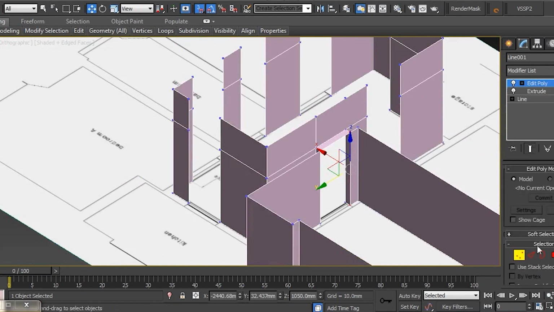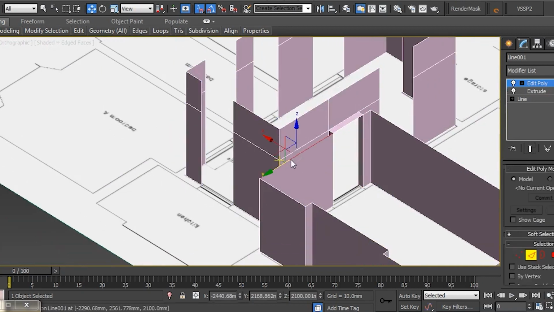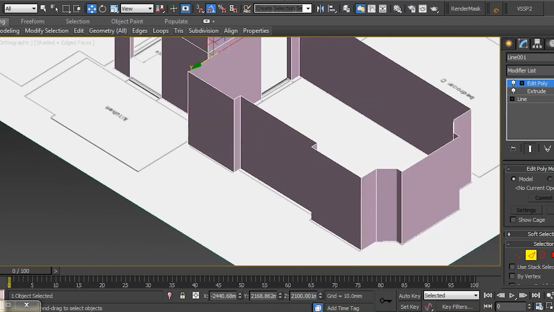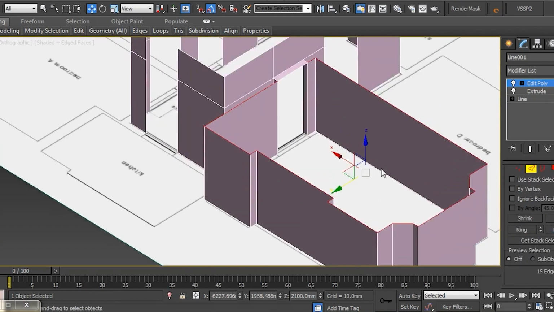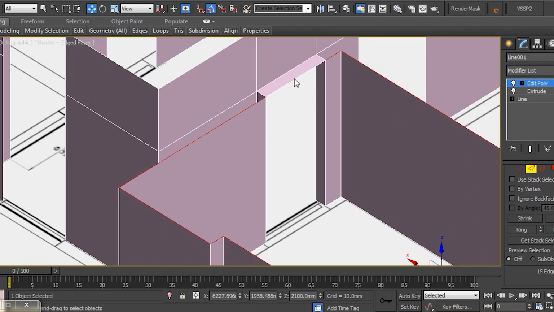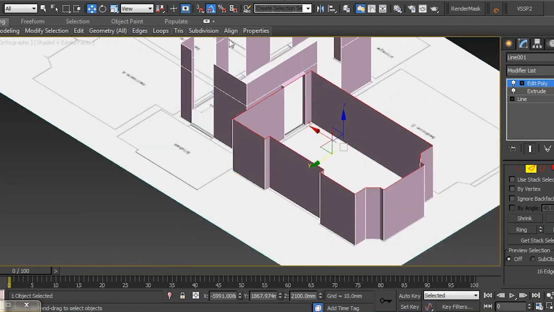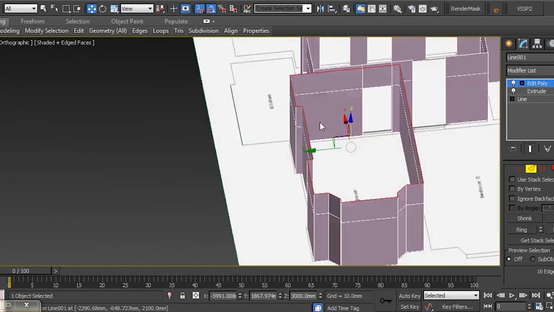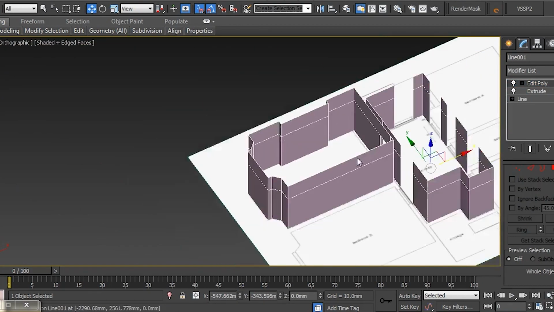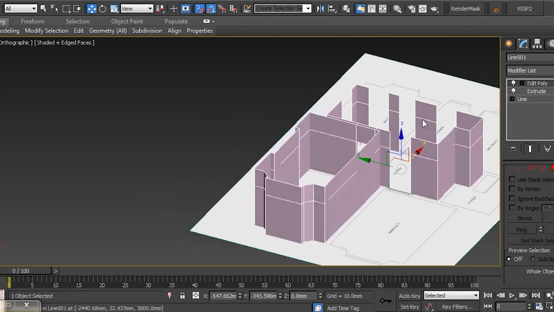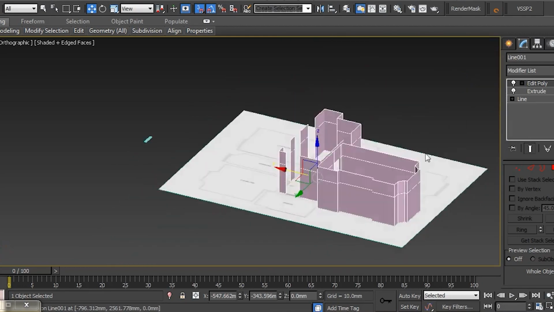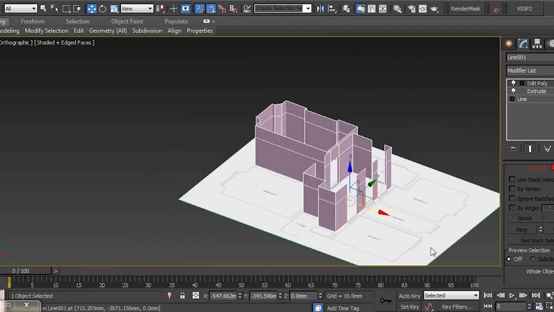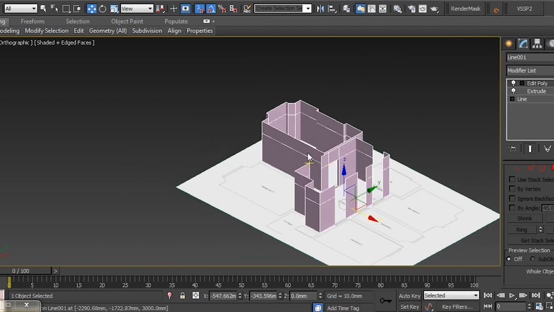If you go back to selection and select edges again, and select all the top edges of this room, just loop them round, and select that one, and select your snap again, and shift and drag these to the top of the hallway. So as you can see, we've created another room very quickly, and what you need to do is just create all the rooms on the plan, just in the same method I've shown you here,